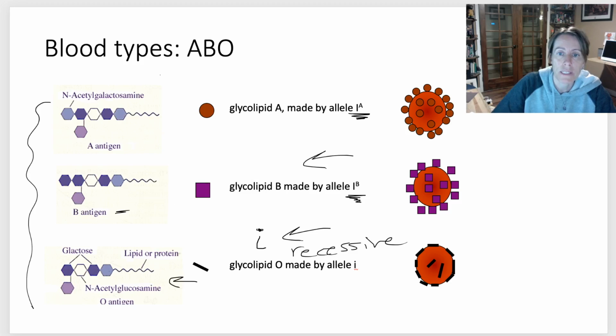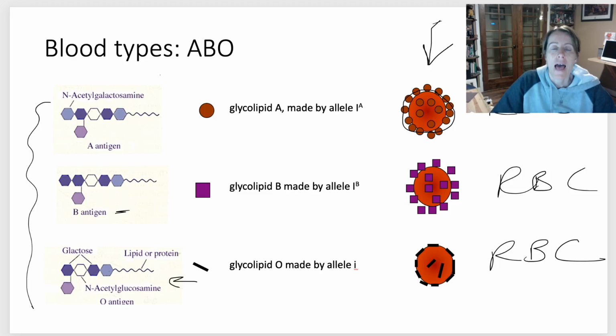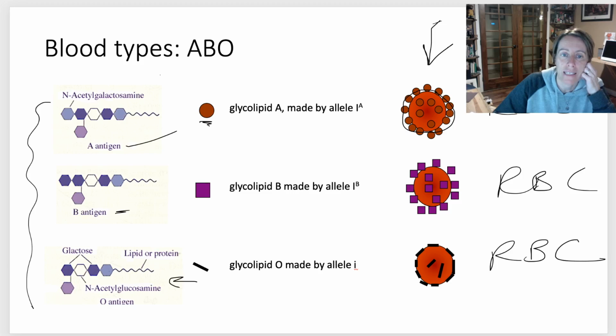All right, so let's put this into context in terms of blood type. So this diagram here on the far right, the dark red circle, the big one, this is supposed to be a red blood cell, right? My fabulous artwork. So red blood cell, red blood cell, red blood cell. All right, and then you can see on the surface of the red blood cell what's decorating it. And I'm using this red circle to represent the A antigen, the A glycolipid, this purple square to represent the B glycolipid, and this black bar to represent the O